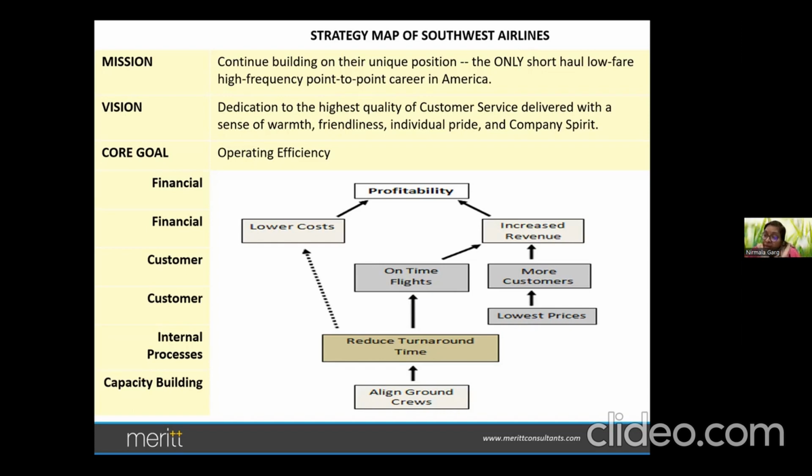But in order to do this, what happens? You have to get training, right? You have to do all that training. So in order to ensure what you are promising to the customer, you have to do all that. And what happens if you are having many flights at a lower price? You are having more customers. If you have more customers, you are increasing your revenue. If you are increasing the revenue, you are increasing the profitability. Are you now seeing a cause and effect relationship here?